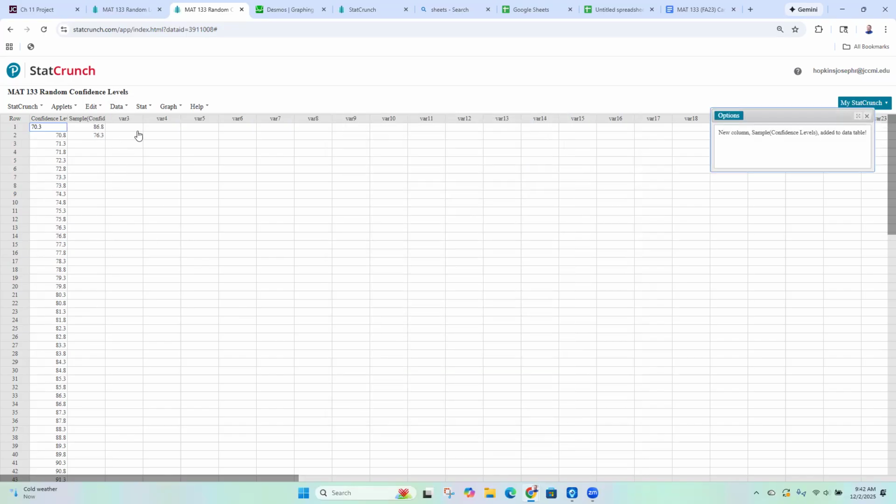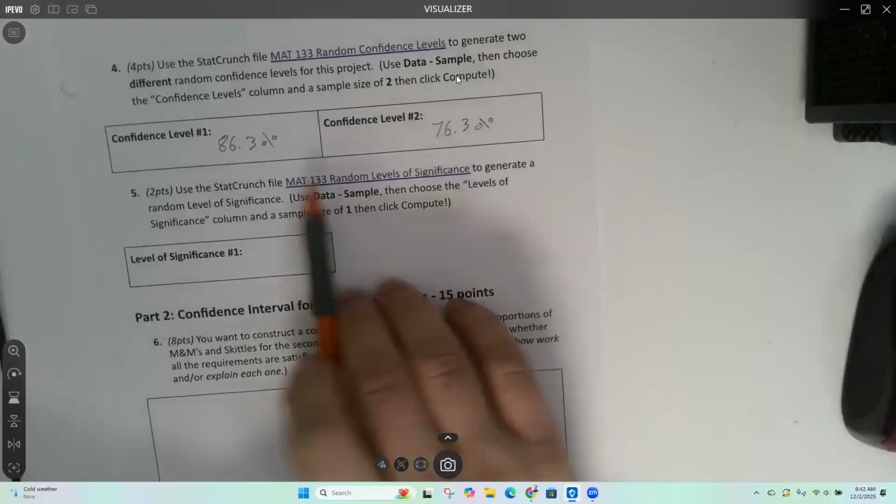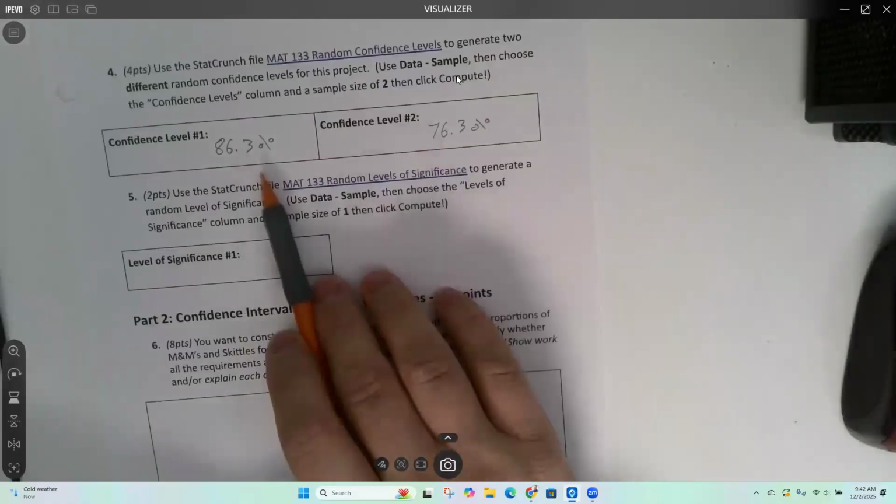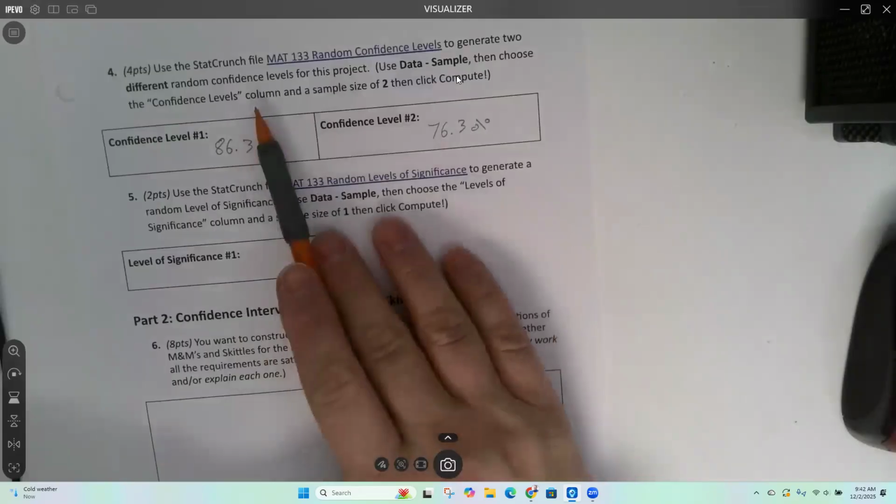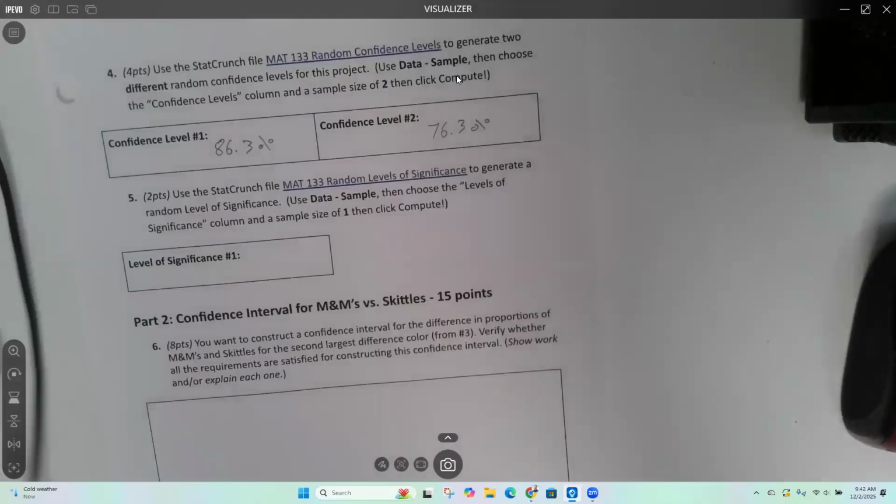My first one is 86.3%, and my other one is 76.3%. Okay, and I'll write those here. Okay, now yours are going to be different because it's random, doing a random confidence level. Okay,